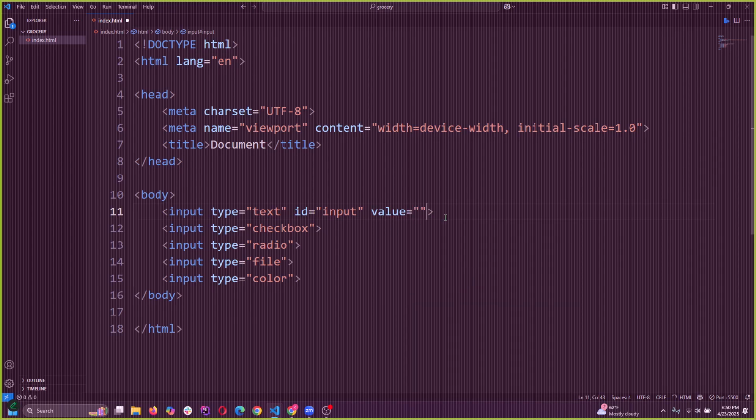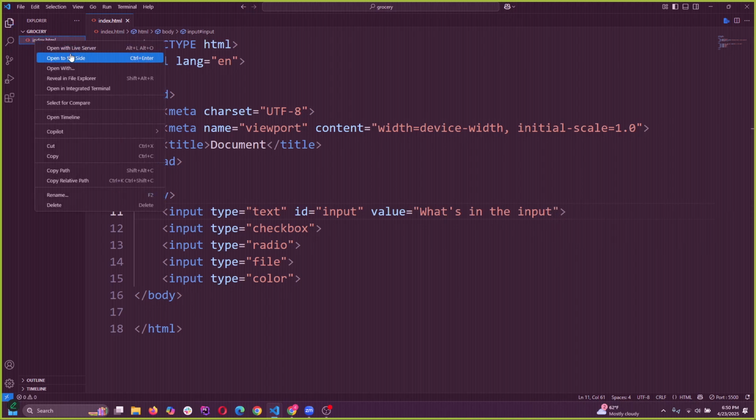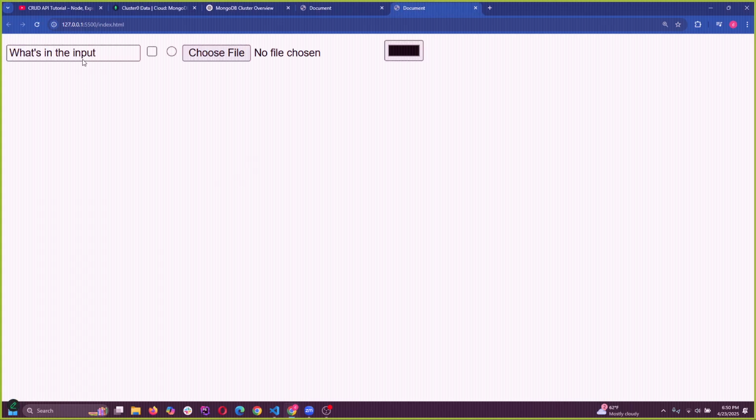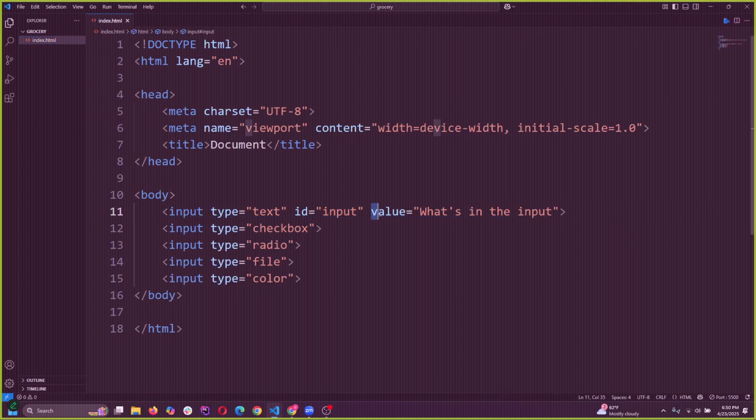Value is what's in the input. It's different than placeholder, because if you put a value, then it's like you literally typed it in there. It doesn't disappear when you start typing. So value is important because you could also grab the value when you're using JavaScript. And then there's also a name usually in there, and that's also required when you're sending the data of the form